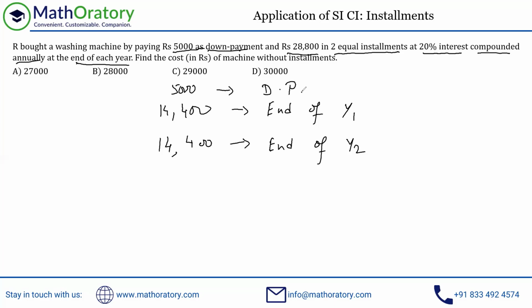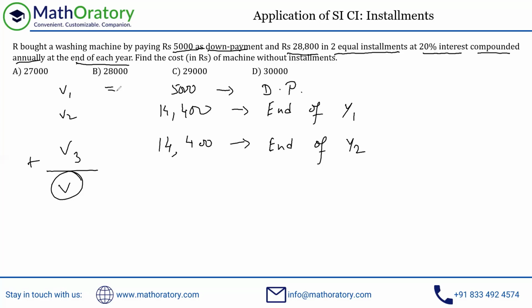Now think about the value of the washing machine, whatever he purchased out here. So first thing, there are three parts of the value. Let's say V1, V2, and V3. This total gives us the net value of the washing machine. So the down payment that he made, as I mentioned earlier, has no interest involved in it, right? So one part, the V1 part of the value, I can say it is exactly 5,000, because this V1 will generate no interest, whichever he has paid off, right?